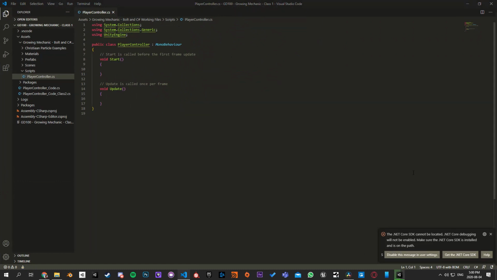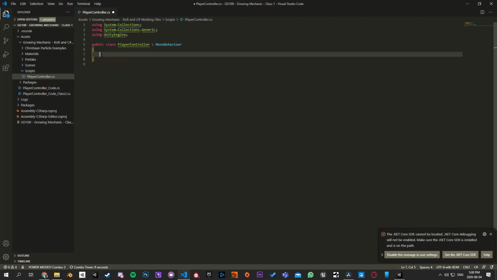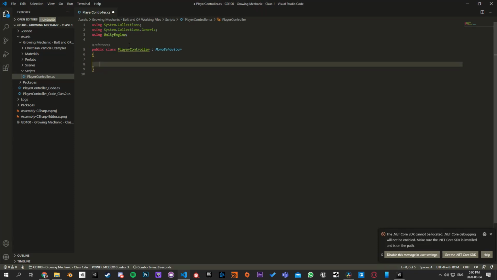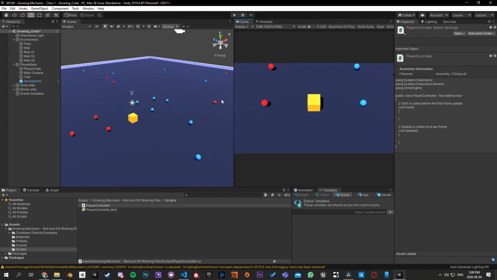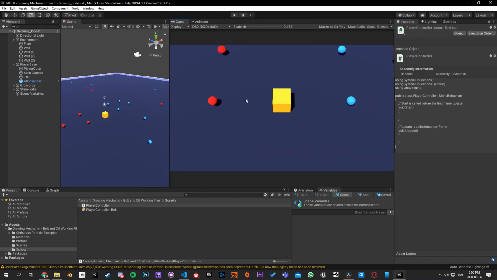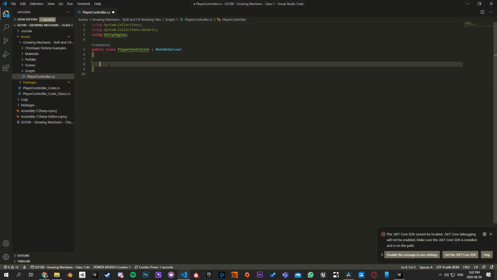Okay, so there's a couple different ways that you can approach this, but how we're going to do it is essentially when the player clicks on the screen and holds down his left mouse button, we're going to do a raycast from the mouse position into the world, get that Vector3 position, and tell the cube to move to that position. So to begin, we basically want to check for mouse input,